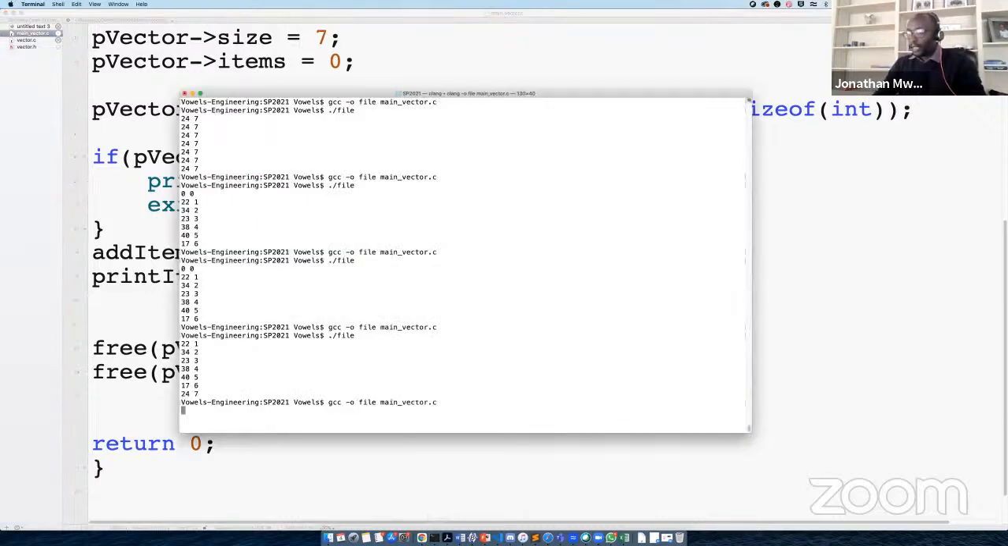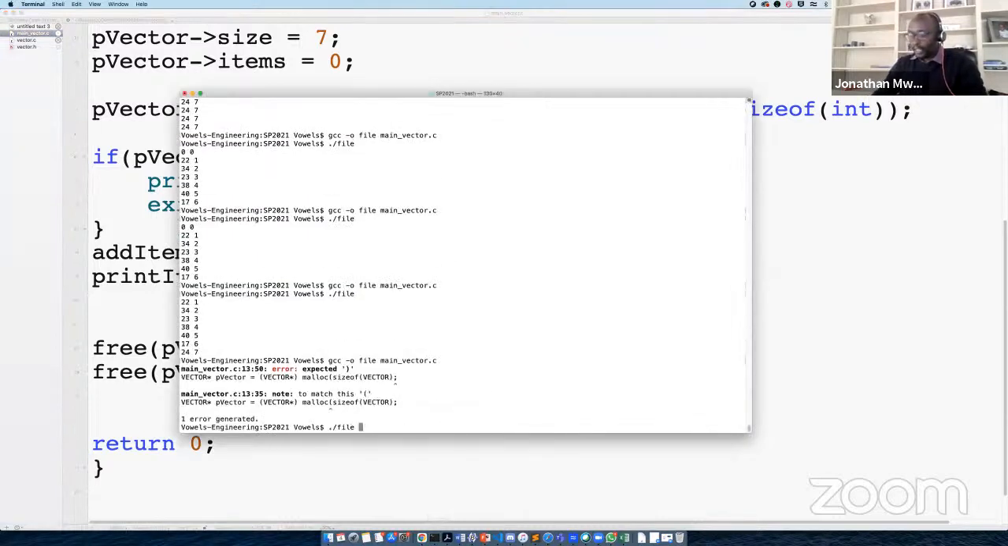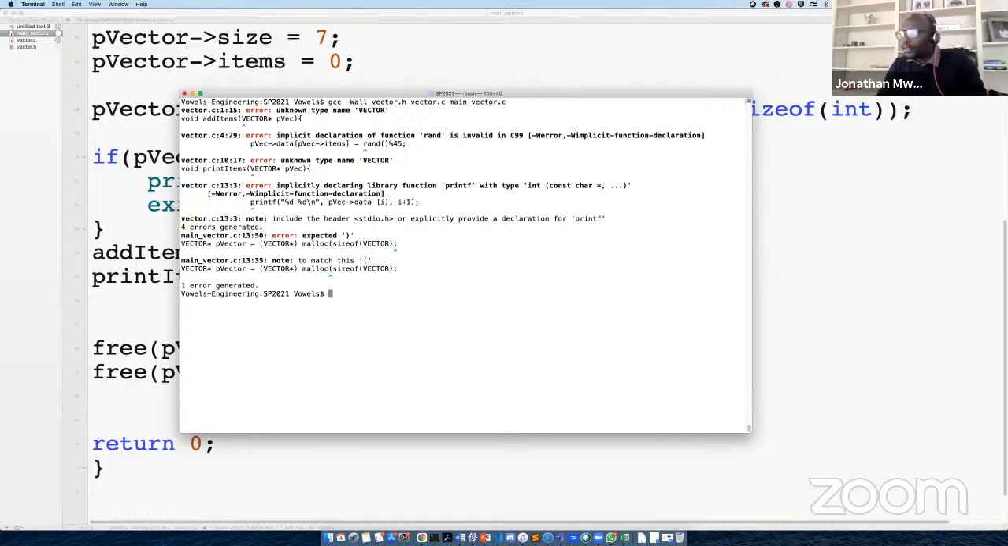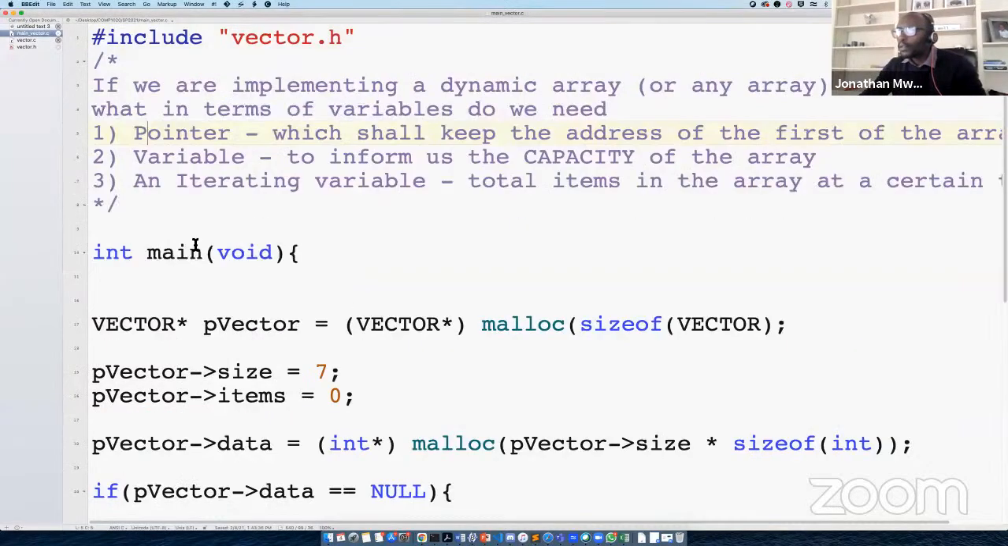Now run it. Okay, now we're going to have some problems because I need to do all of them together. So remember what we said, we're going to do gcc -Wall, and then now all our files, vector.h, vector.c, and then our main vector, we run it. It's complaining about some stuff. Maybe there's something, a declaration for printf, where is the vector.h